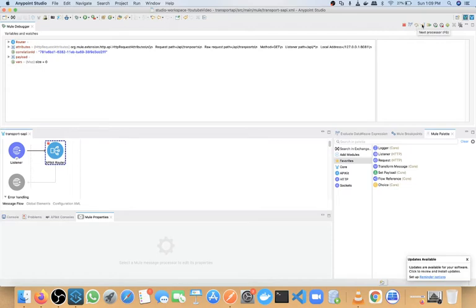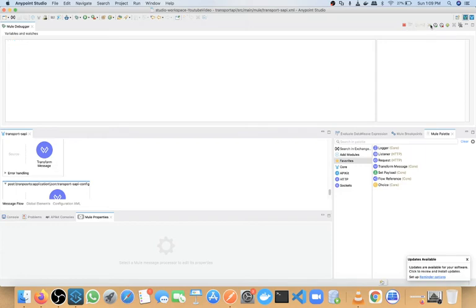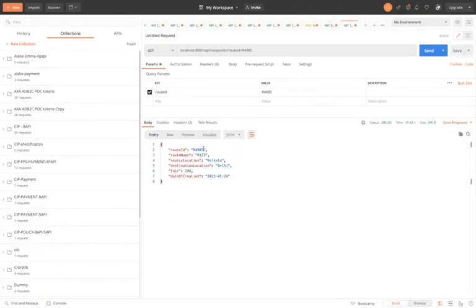If you want to resume, like if you want to directly move to another breakpoint, or if there is any error, then you will select this option. But in our flow, after this breakpoint, we don't have any breakpoint and we don't have any error in this particular flow. So it will complete the process, and we can see the response here.